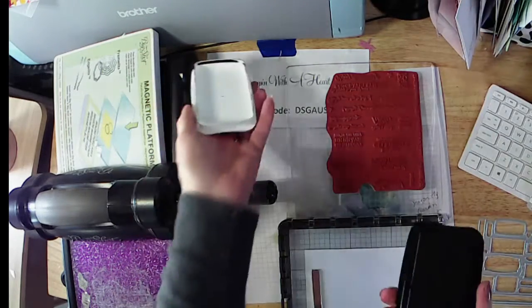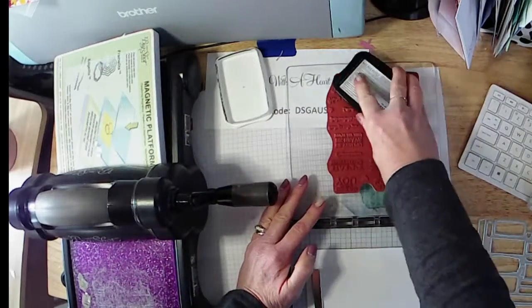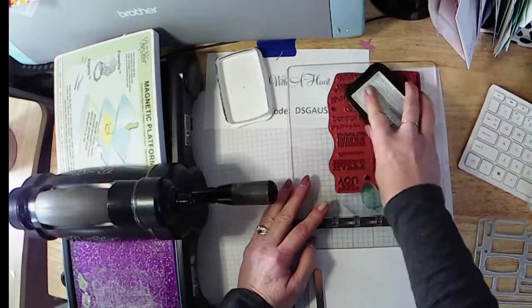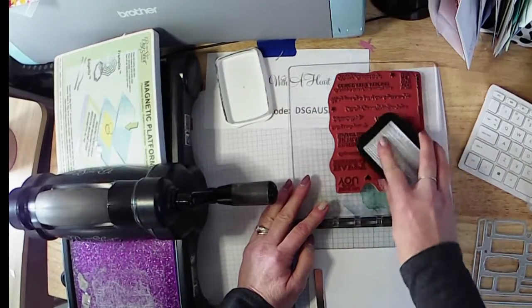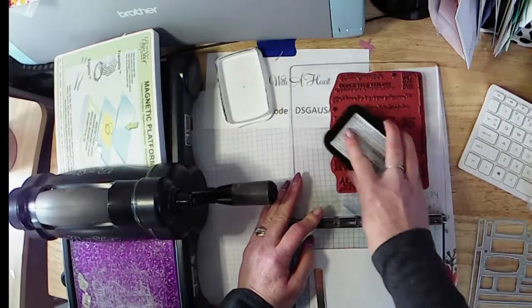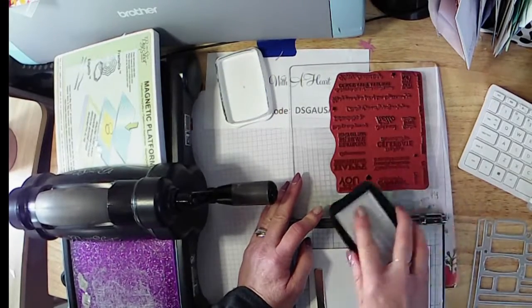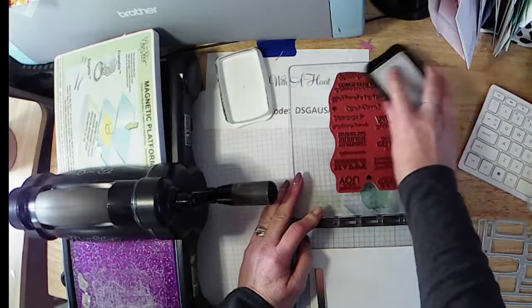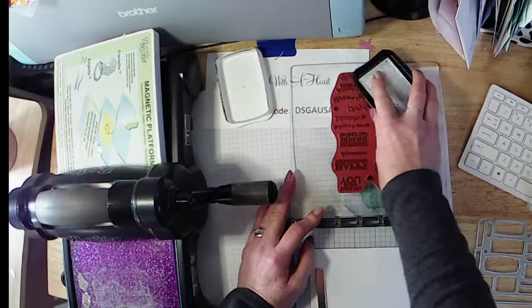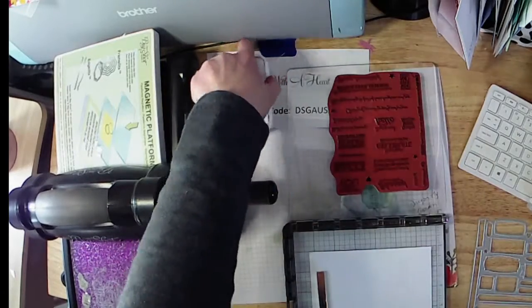Now I'm just going to do mine in Memento ink, black on Whisper White. Nothing fancy. I'm not going to get crazy. You could do this on any paper, any color. You could even go in and marker each of these sentiments so they're different. But the whole idea is to have a baggie full of sentiments to just pop on some of that beautiful DSP,